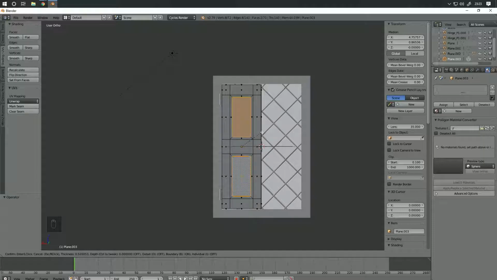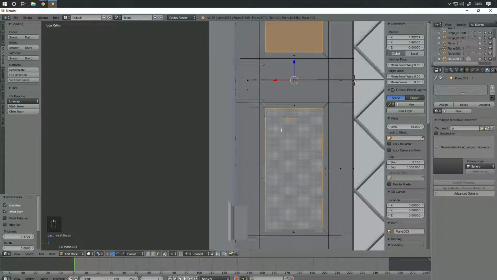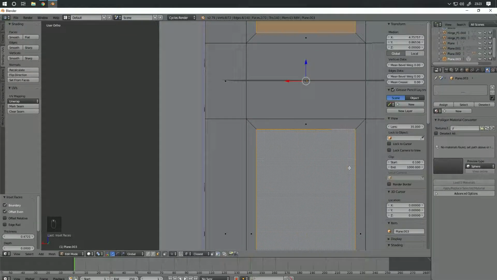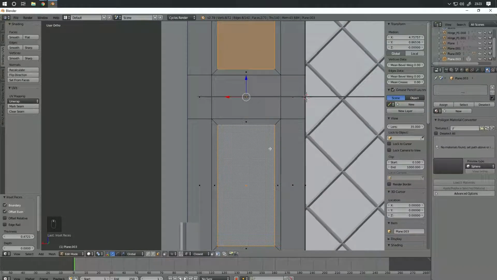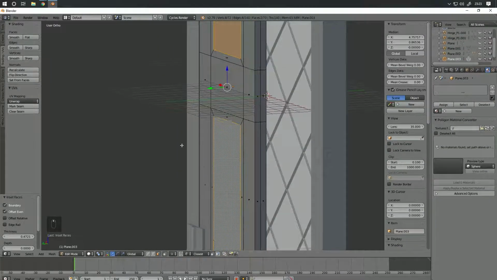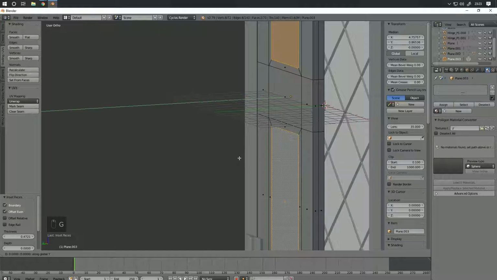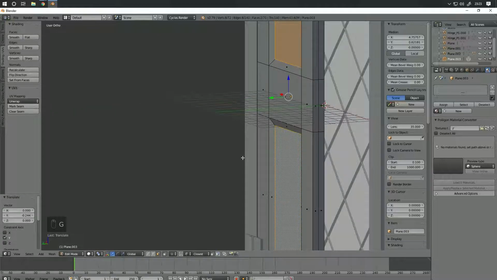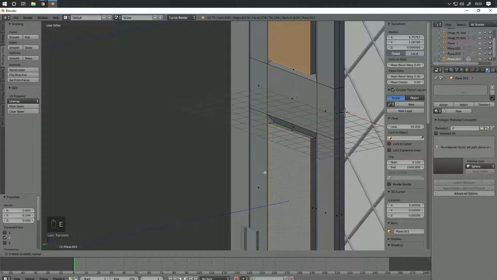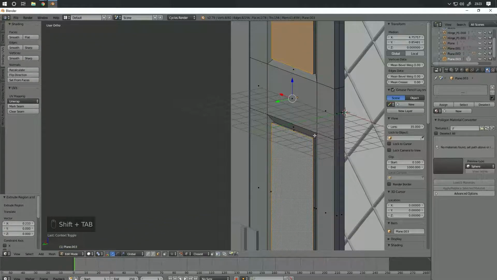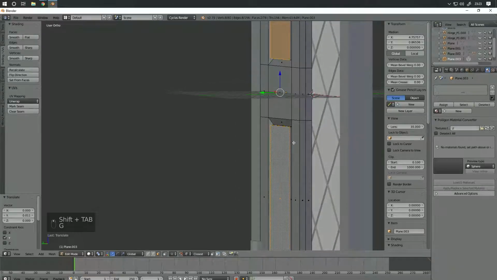And we're going to press Shift just to change ever so slightly. So now with this inset, it's made these outlying faces exactly the same width all the way around. Beautiful. So now we're going to press G and Y and bring them in a little bit. Now we're going to press E this time and bring them out. We're going to do Shift and Tab and just have them flush to the outside of